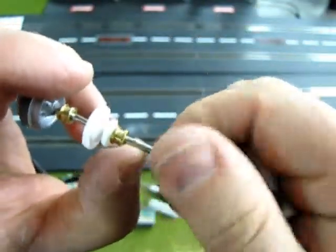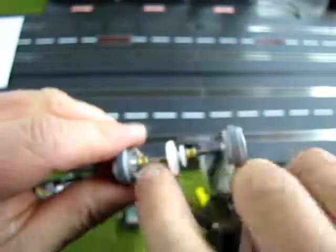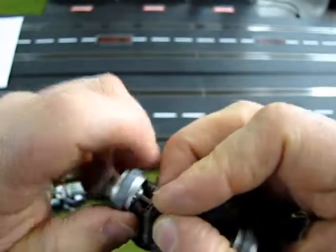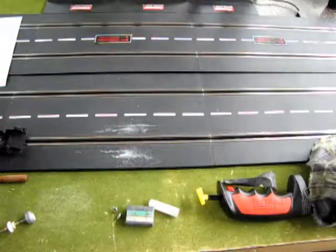Just on those edges there. And you can take your rag, wipe any dust off. Now you're going to have a little less drag on your bushings right at that point. So, another thing I like to do here,